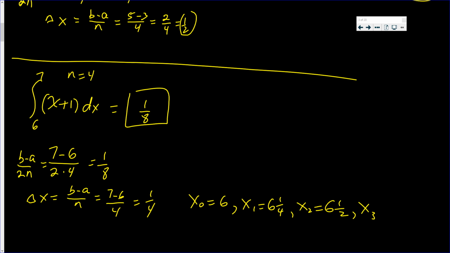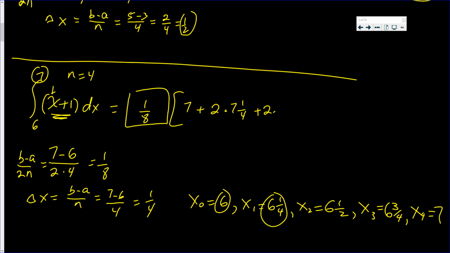It ended up at 7. Now, that's f of x. All it does is it takes x and it adds 1 to it. So I'm going to add 1 to that value, the first value. The second one gets 2 times. I'm going to add 1 to that value. I'll get 7 1/4 plus 2 times. I add 1 to that value. I get 7 1/2 plus